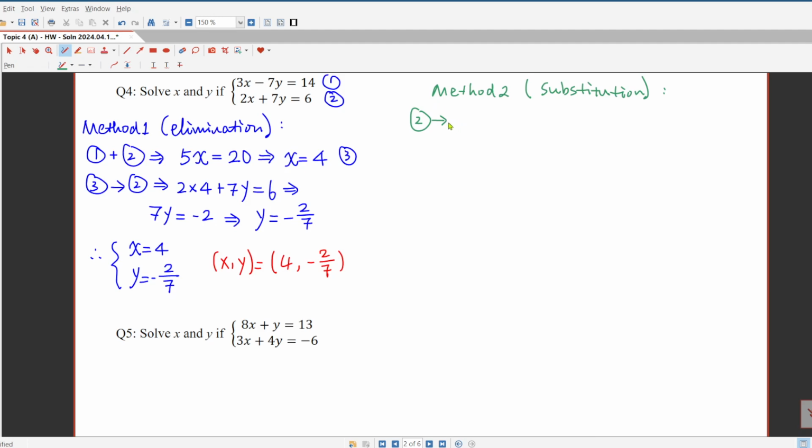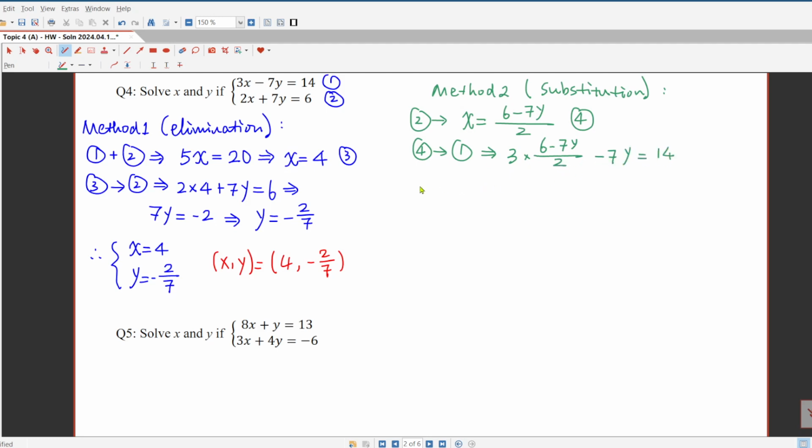Solve x in terms of y gives us x equals 6 minus 7y over 2. Then let's call this equation number 4. Then put equation number 4 into the other equation, which you haven't used yet. This will give us 3y, which is 3 times 6 minus 7y over 2, minus 7y